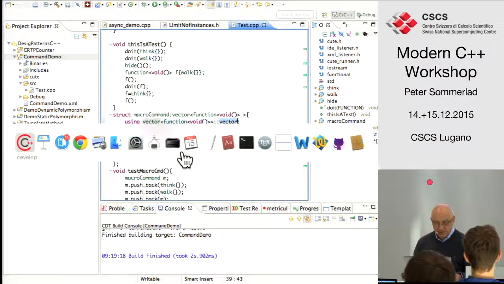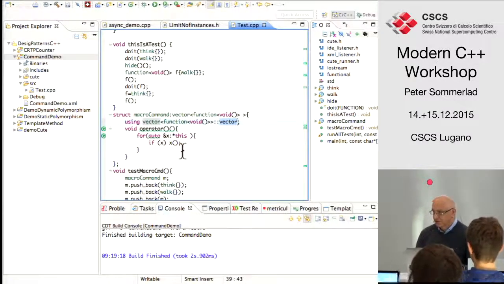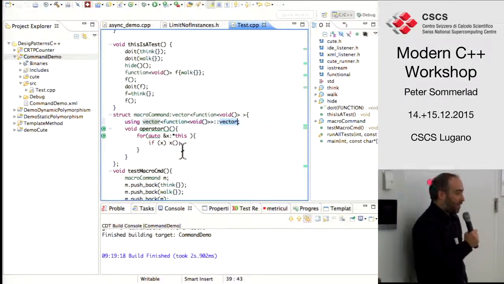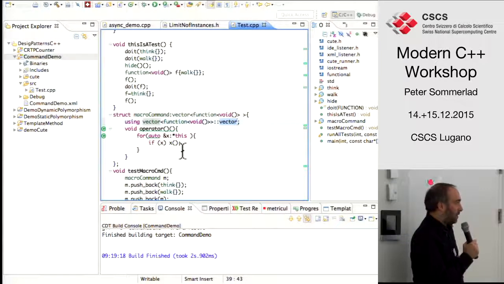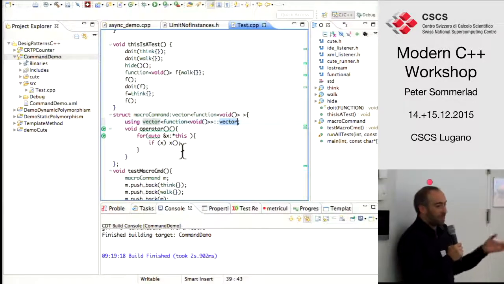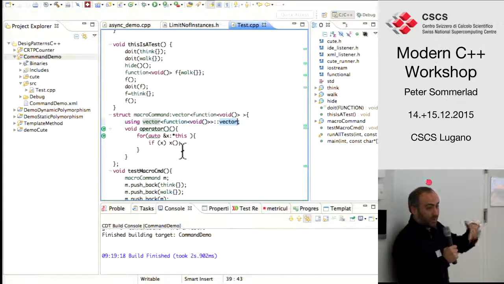Can I add something? There is a Boost library which is called Boost Fusion library, which allows you to declare short vectors of non-uniform types, and so you can have up to a few tens of objects, and then you can create a fusion vector of actual function types that you can iterate through and get everything inline.